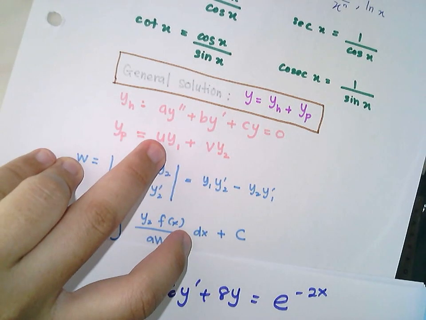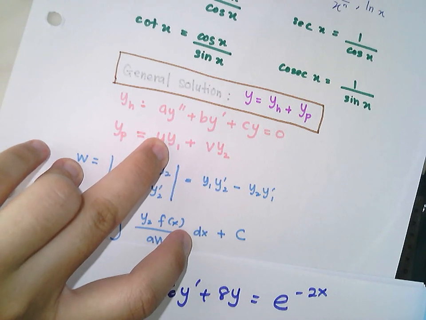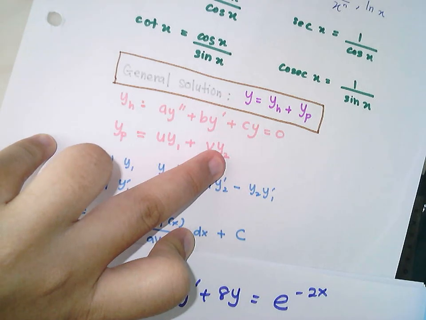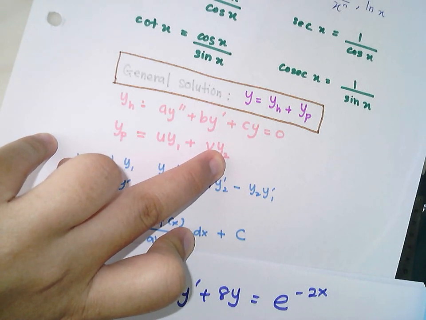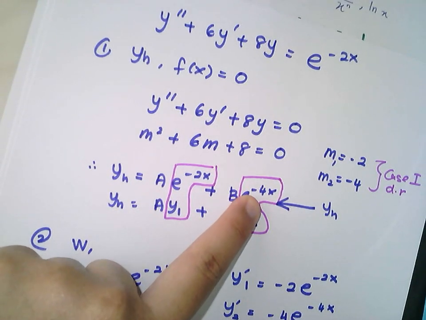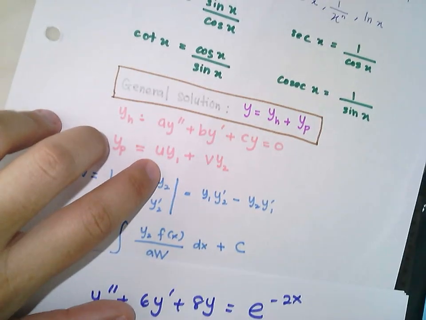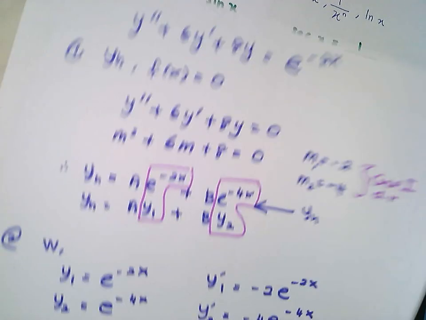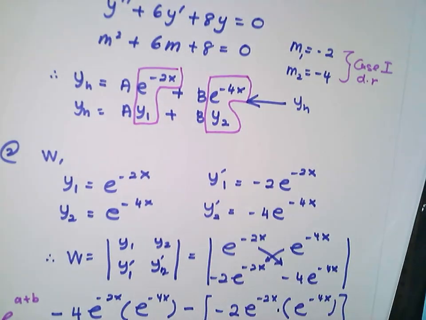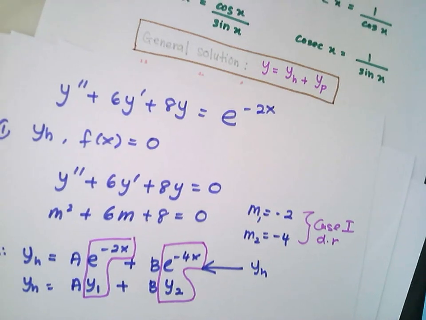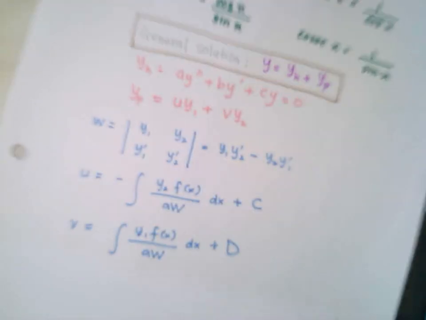So that's why you need to get your u and your v. Your y1 and y2 you already have in step 1. This is your y1 and this is your y2. So our problem now is getting u and v. All the process to get W, a and f(x) here is for you to get your u and v. Okay, so step 4,